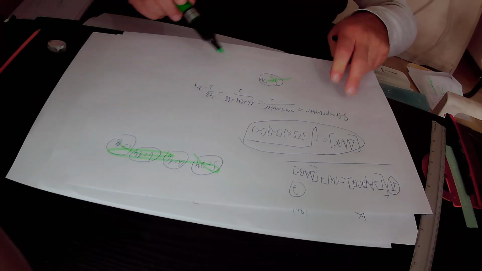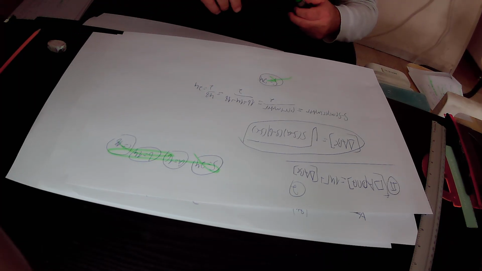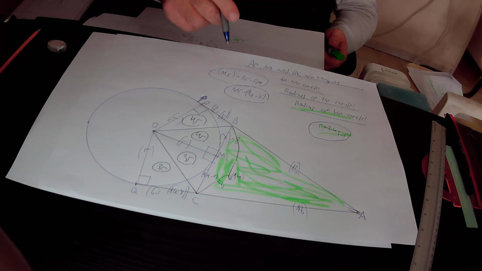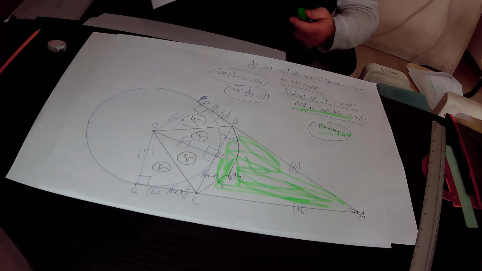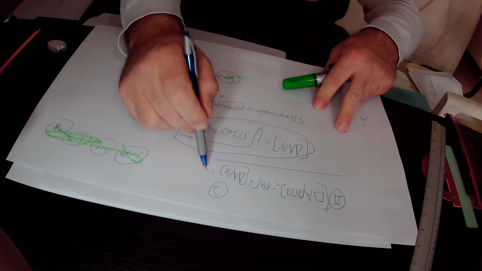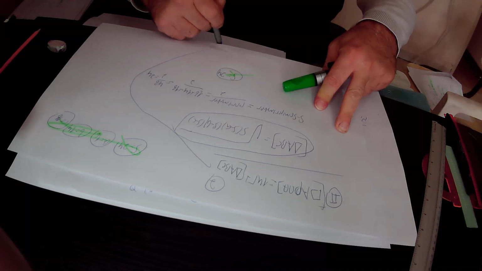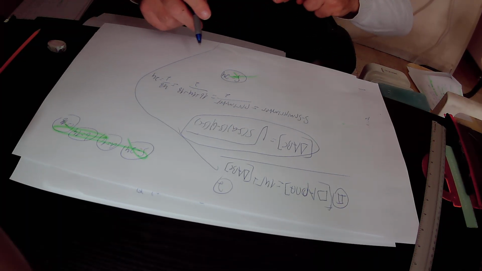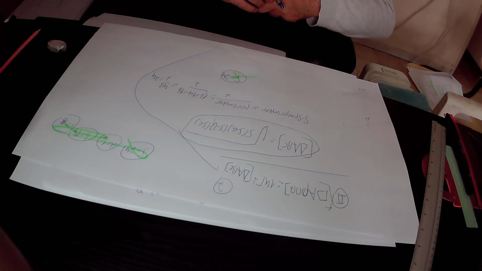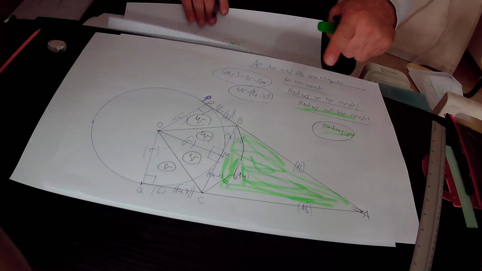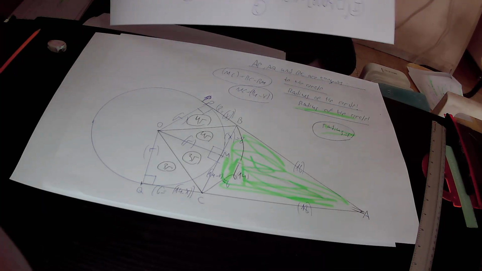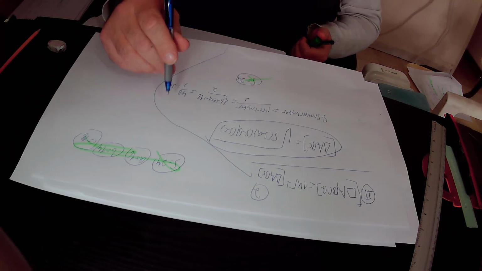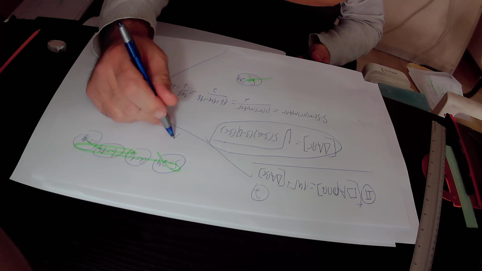So we actually have all the data needed in order to find the area of this green triangle, triangle ABC. We just have to put the data for triangle ABC inside this general formula for the area of a triangle. This way we find the area of triangle ABC. So we'll do it now and get that the area of our green triangle ABC